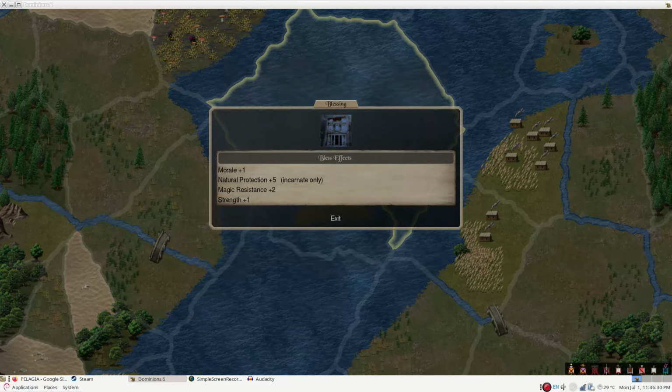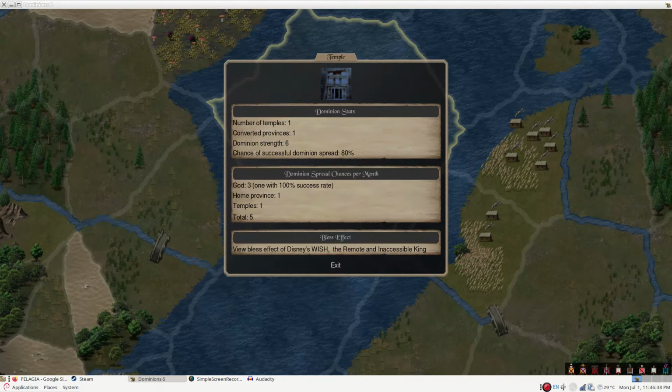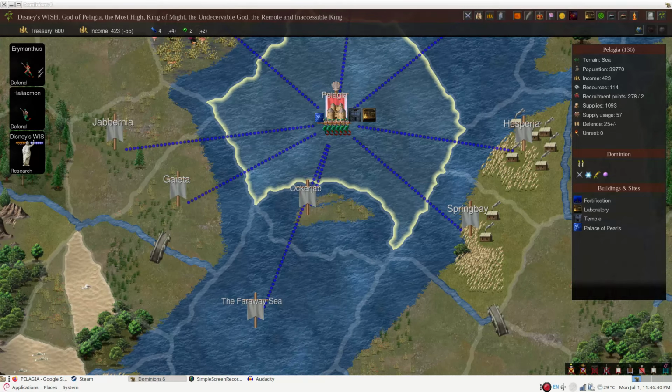I'll take a look at my bless here. My bless is a hard skin for a bit more natural protection. I took a magic resistance +2 and then a strength +1. So I don't know if that'll be enough to deal with these underwater troops. Again, I took the MR resist to deal with Therodos and any possible magic, maybe some astral magic against